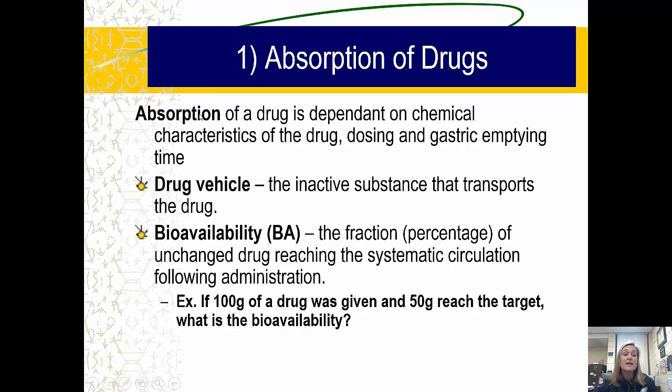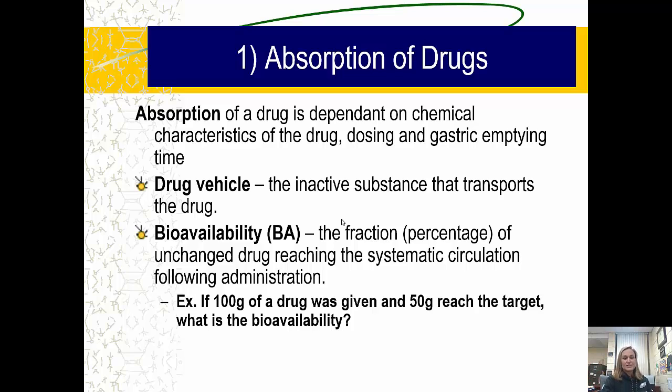And the absorption of a drug is dependent on the chemical characteristics of that drug. It's also dependent upon, if that person is taking it orally, the gastric emptying time of that individual. The drug vehicle is the inactive substance that transports the drug. So if you're doing an IV, there might not be a lot of inactive substance. But if you're taking a pill, there's going to be something sweet or a capsule or a coating to the pill that's inactive, and it really serves as a vehicle to get the inside contents of the drug into the body. The bioavailability is the fraction or percentage of that unchanged drug that actually reaches the plasma or the systemic